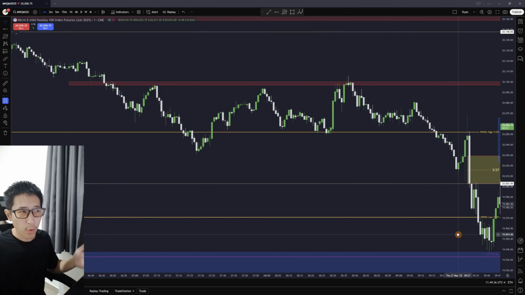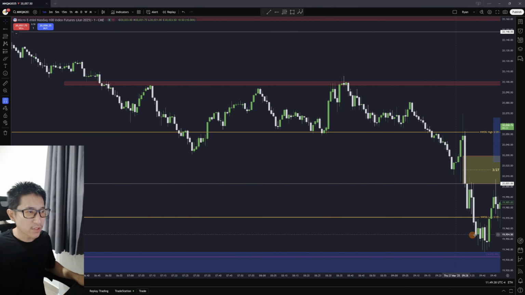So now on the 1-minute, we did go up. You can see that we did create a fair value gap here. I want to see if price could go down below it, use it as inversion to go down lower, maybe create a fair value gap there. I would be willing to take that because we did poke up back into this first presented fair value gap. But if you can see, we do have relative equal highs. So I thought maybe we can poke above into this first presented fair value gap one more time.